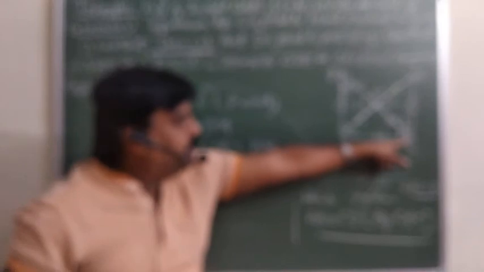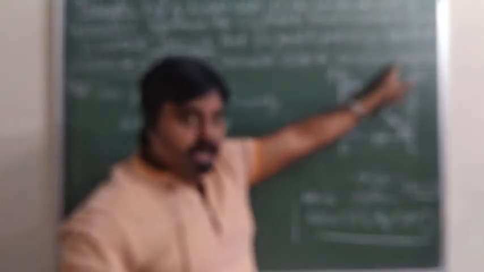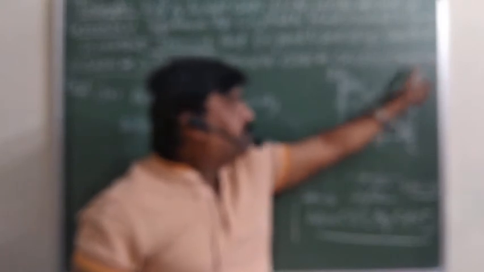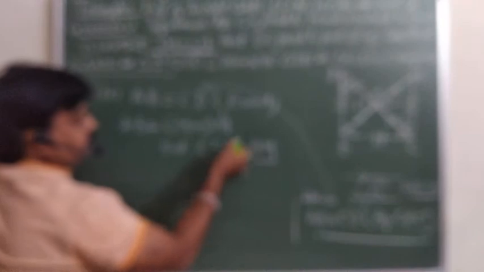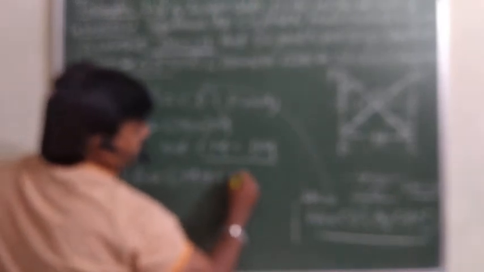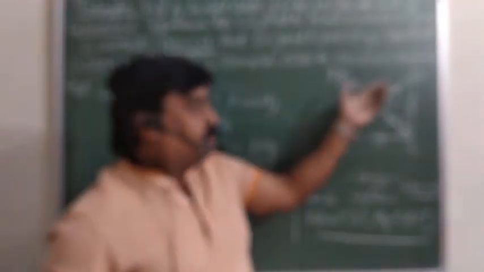ये हमको already given है कि CM बराबर DM है. तो because you want to prove CM बराबर half of AB, आपको prove क्या करना है? CM is equal to half of AB. It means इस DM की जगह पर you must write down CM. So AB is equal to CM plus CM. So AB is equal to 2CM. So therefore you can say CM is equal to 1 by 2 AB, which you wanted to prove. This is the fourth part only. Have a look.